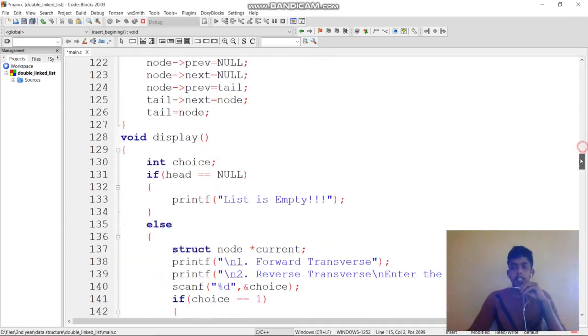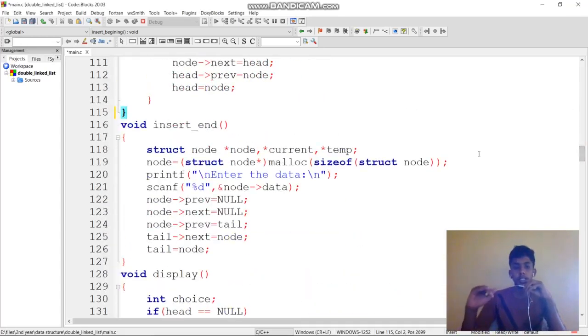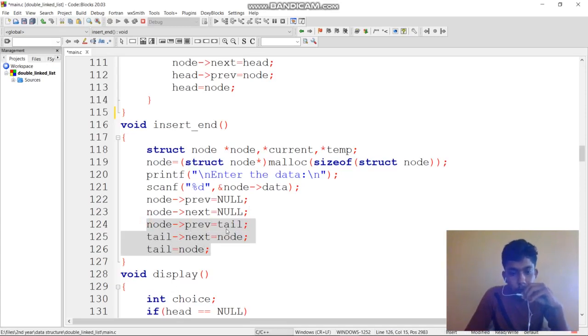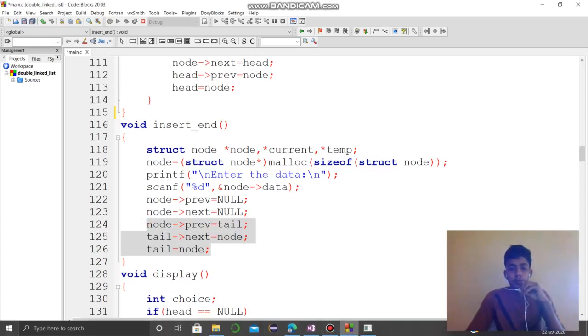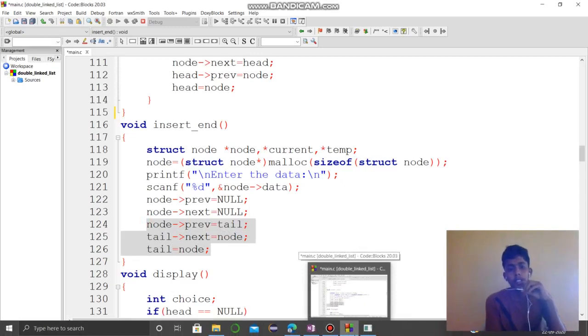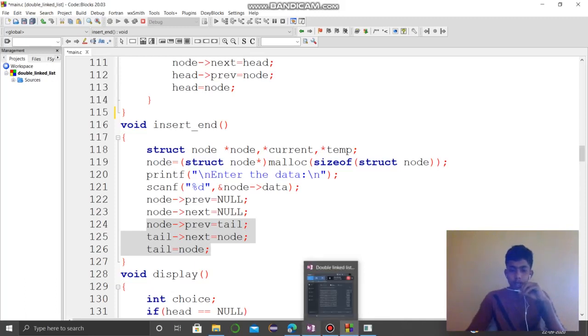Now insert at end, that is, we are going to insert an element at the end. Similarly, I am going to consider three pointers: node, current and temp. Similarly I create a node and enter the data, with previous initialized to null and next also initialized to null. Here, in the three lines, node of previous equal to tail means tail now contains the last element address.